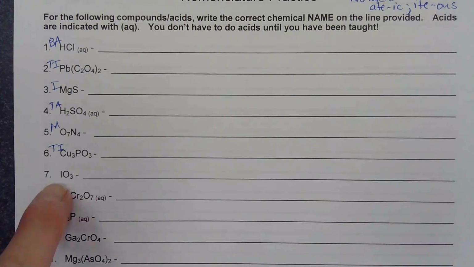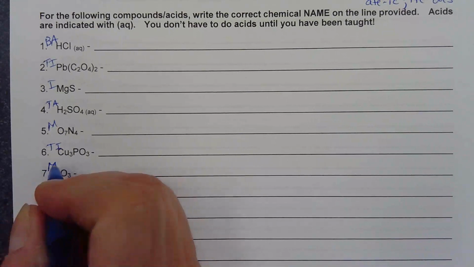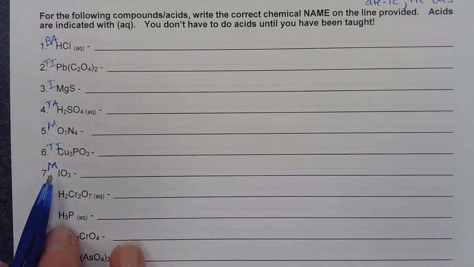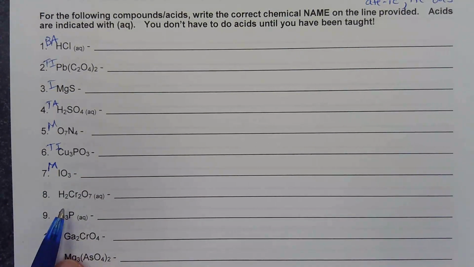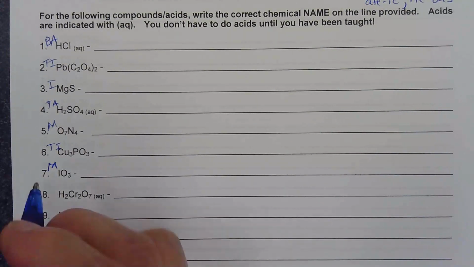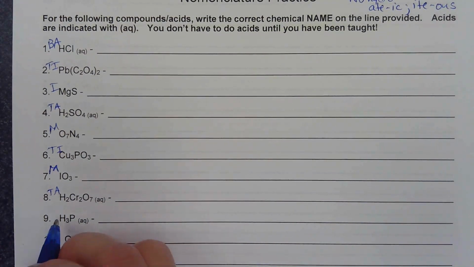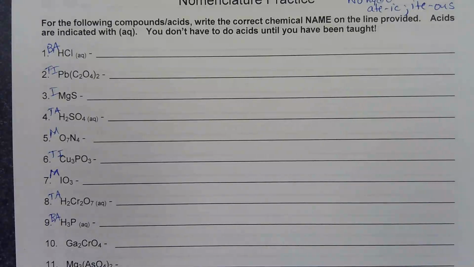So is that a polyatomic ion? No. What kind of compound is it? Molecular compound, because it's a non-metal first. So it's a molecular compound. H2Cr2O7, tertiary acid. H3P, binary acid. Ga2,